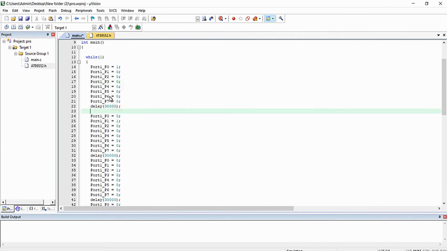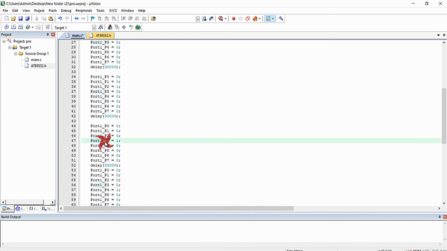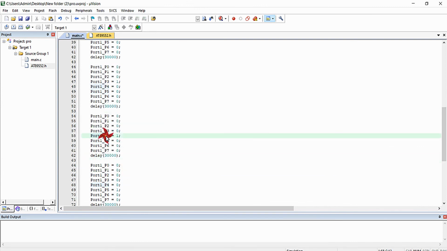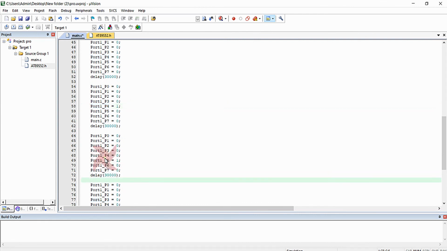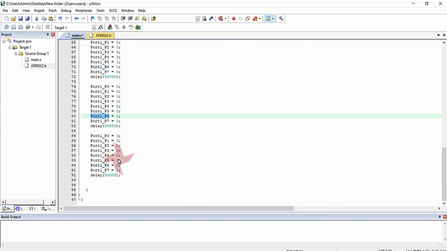So you can see here I am turning on port 1.0 and making all the other bits of the port low, and I am waiting for a particular delay, and after the delay I am making P1.1 high and all the other bits low, and here I am making P1.2 high and all the other bits low, and here port 1.3 high and all the other bits low, and here 1.4 is high, and here P1.5 is high, here 1.6 is high, and here you can see 1.7 is high.